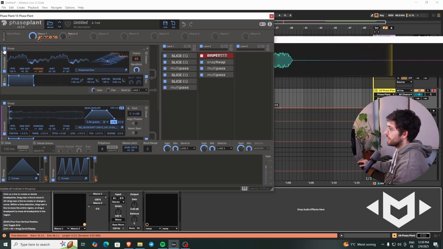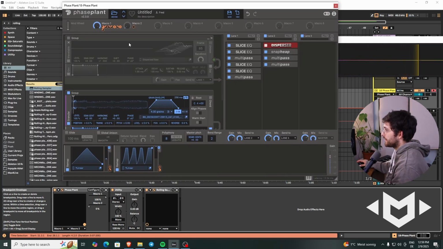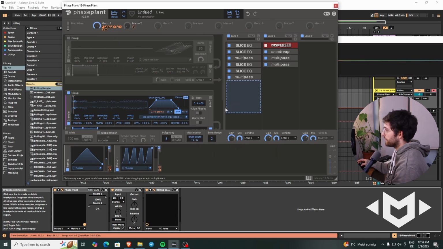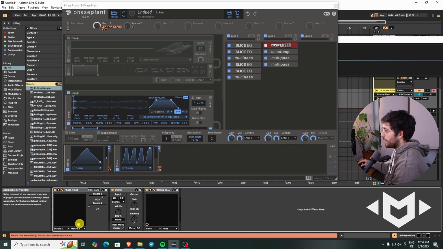Just turn this down, and I am going to map macro 1 now also to the grain size here, and I make sure to start at a very low grain size like this, and I just go up to about 2. So you can see here 2.3, whatever, doesn't matter exactly. So now when I'm on a low grain setting,